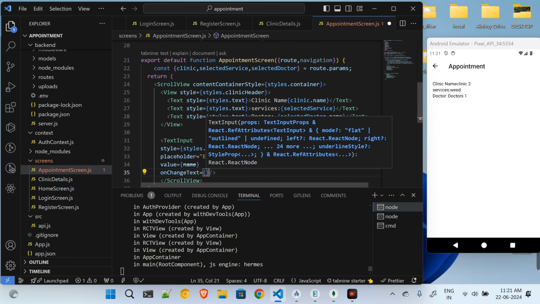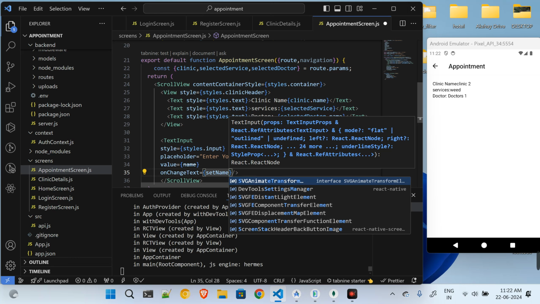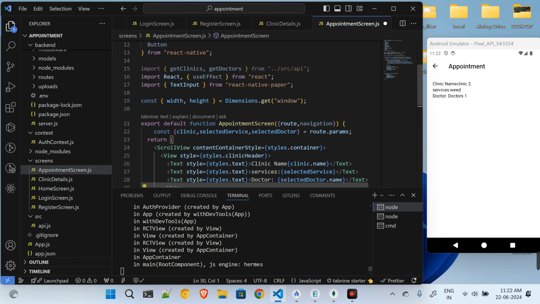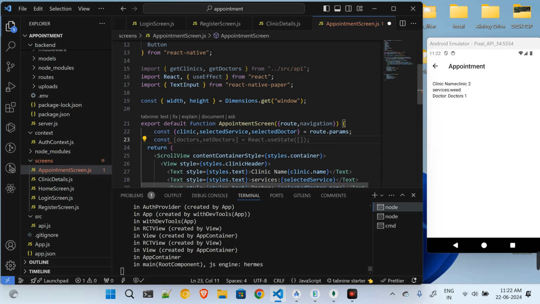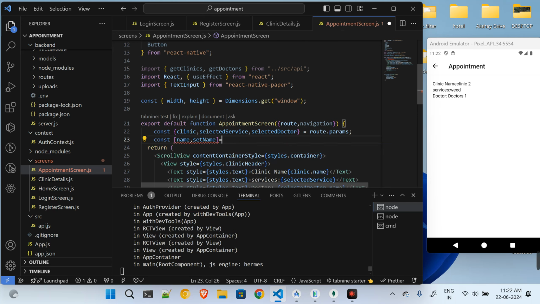So on change function, how we have in this thing React the very same way we're having the on change text over here, and this is done. So now what I'll do, I will declare some of the variables over here which we will be in need of. So first of all, will be name, comma, set name. Okay,